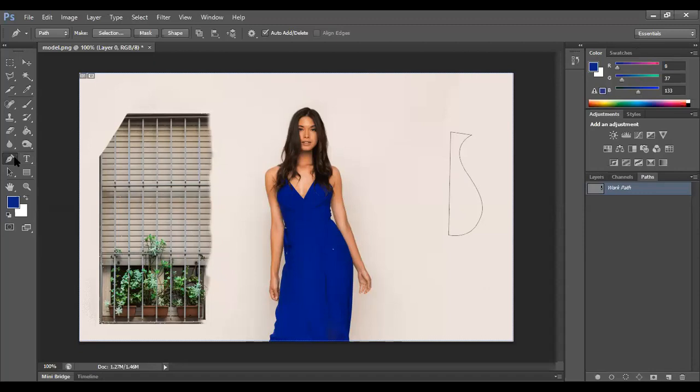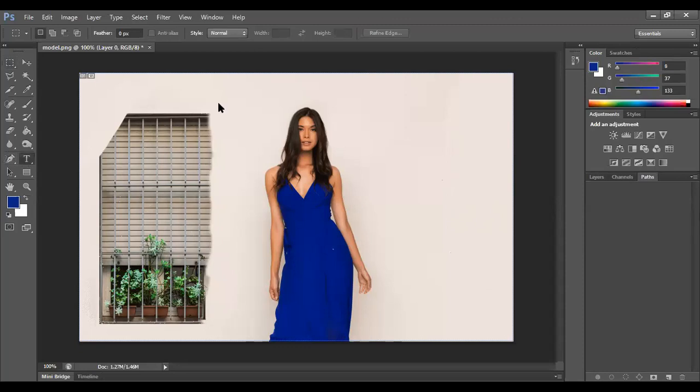Again, there are types of pen tool where you have free form. Free form means I don't want these shapes. I want to go random on my own like this. I can use the free form pen tool as well. So I will create another work path, right? Both of these are simple examples of how the pen tool works. You can either create curve by curve or you can create free form.